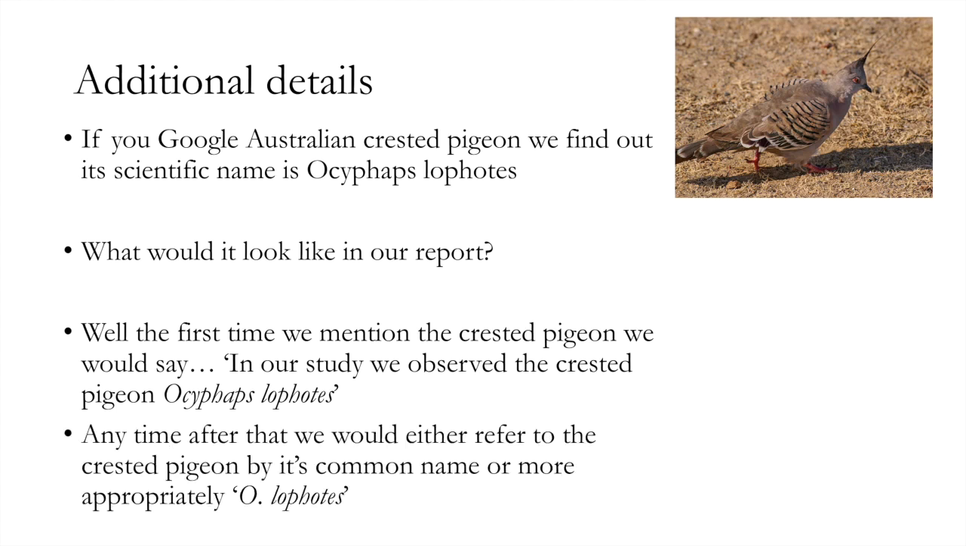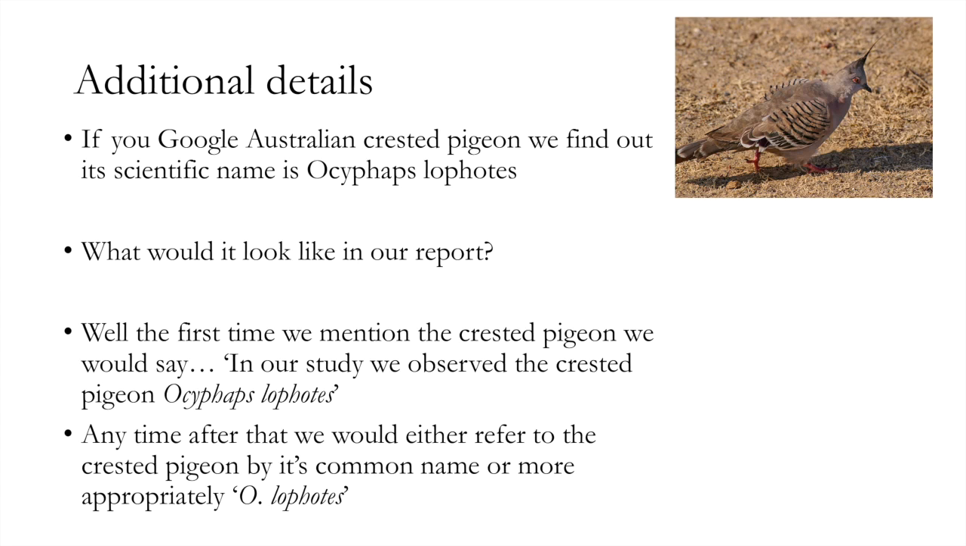So anytime after we refer to that name, the crested pigeon, we just need to shorten it. We can shorten it to O. lophotes, and we keep it in italics. So the first time we mention it, we use both names, and you can see here that the first name always has a capital, and the capital remains even when we drop the rest of the word. So it's O. lophotes, and that word again. You can read. You can all read. So that's how I would